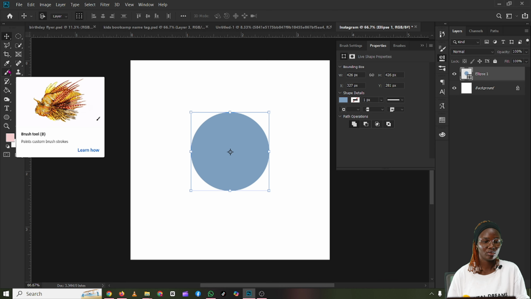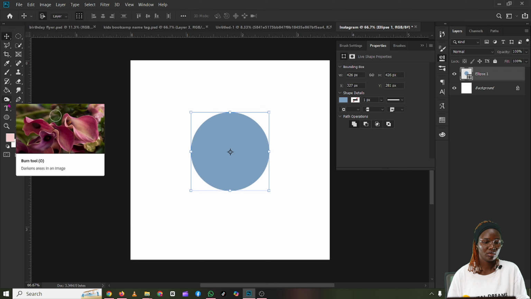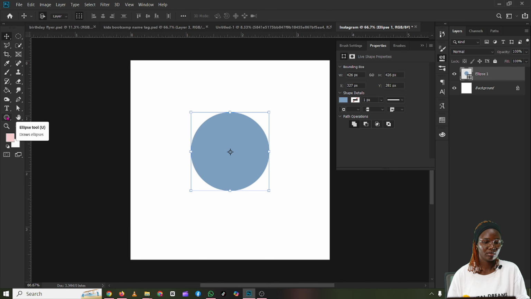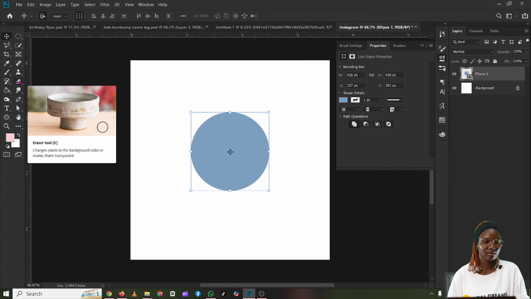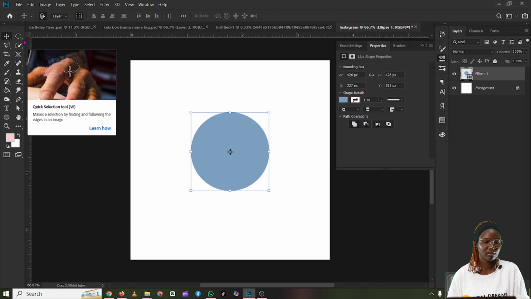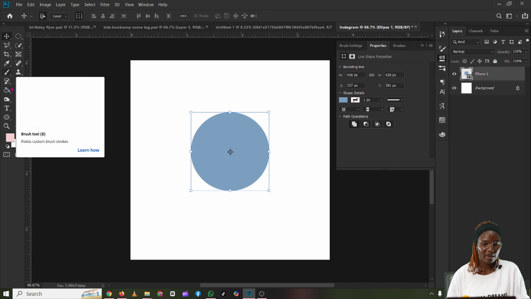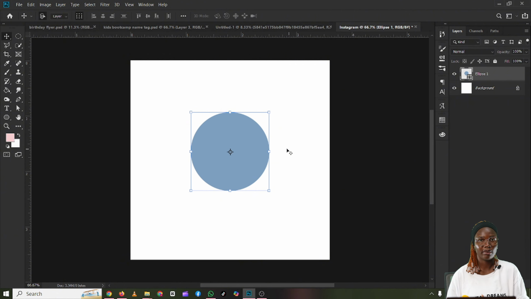So this is our brush tool, like we saw, and we said we can use it to paint. This is the paint bucket tool. These are our shape tools. This is our text tool here. This is the eraser tool here. This is the crop tool. These are the quick selection tools. Most of the tools here, we will not use to make a design, but we'll use most of it. Okay, so let me go back to our slides, then I'll show you the design